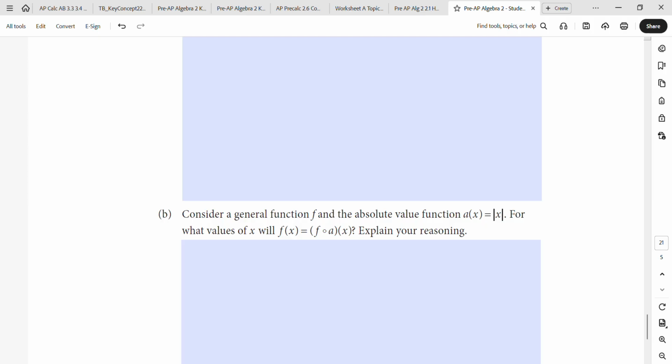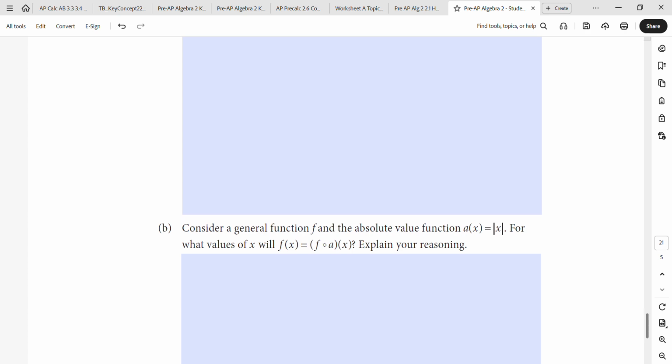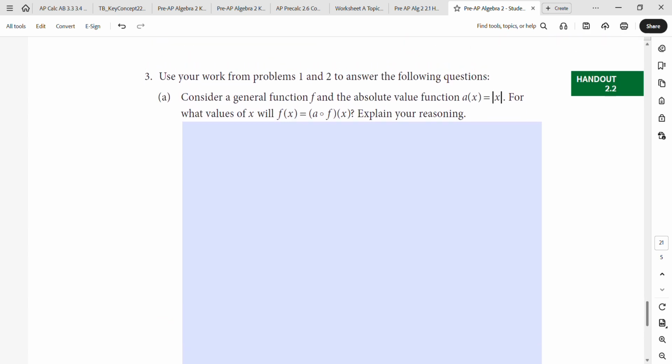For part A, I can't really figure out what it's asking again, but what it's asking is, take for instance the quadratic function. I think with the quadratic function it's easier to explain this a little bit more. So with our quadratic function, it was x squared minus 2x minus 3, right? So what this is saying is if I took this f